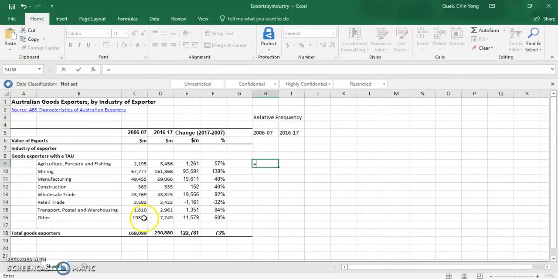So instead of looking at the raw numbers, we want to take the ratio of this number in the numerator, and in the denominator would be this total value. So click on this first cell, this 2195, divided by 168099. Now what you notice is that if I were to try to double click on this crosshair,